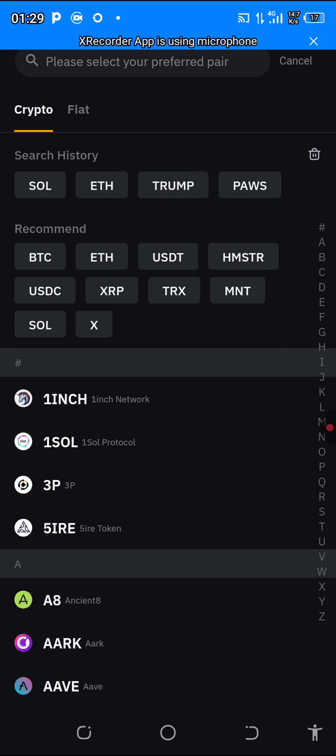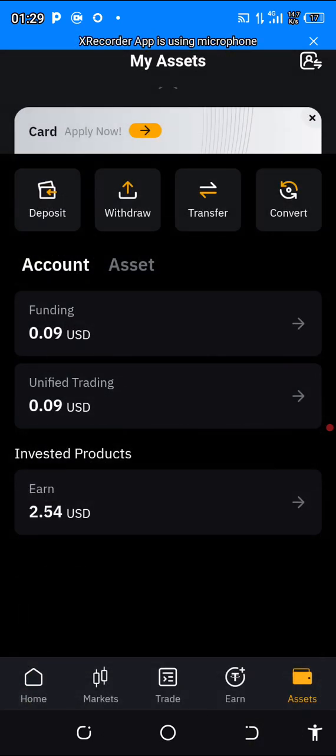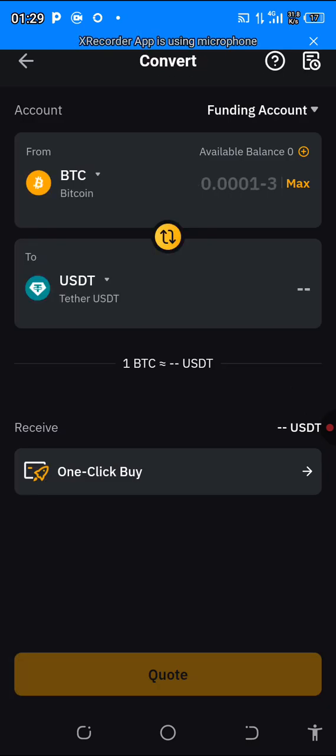Okay, all right, aside from that, I'll also show you how you can convert your coin, your crypto. When you click here, convert, up here you click on convert. Up here you will see Bitcoin, BTC. Okay, if you want to transfer BTC to USDT, all you need to do is to click on,